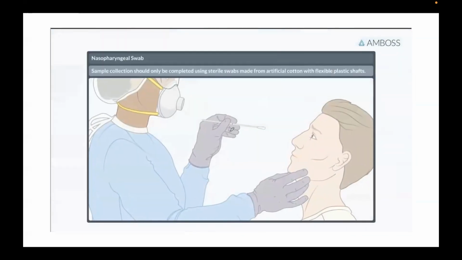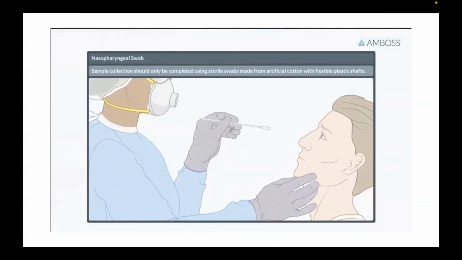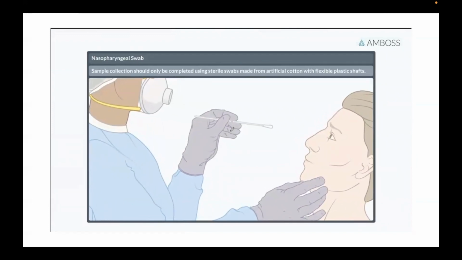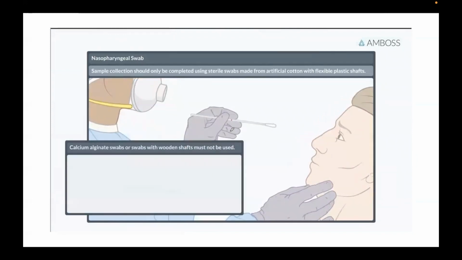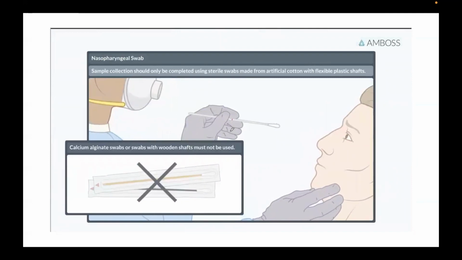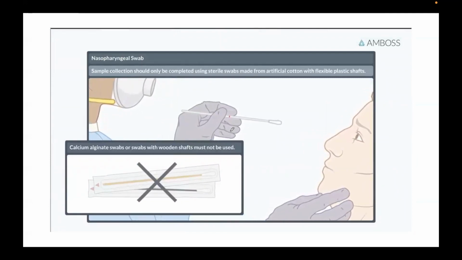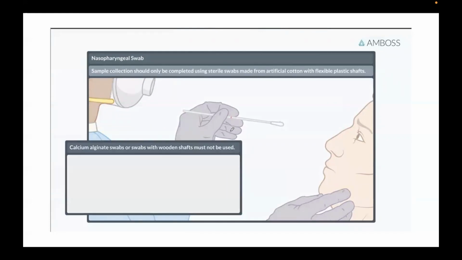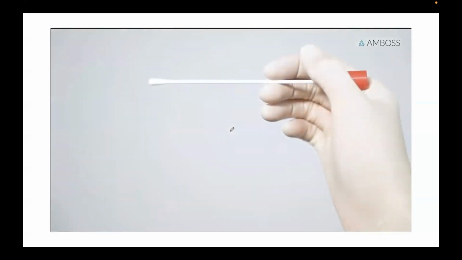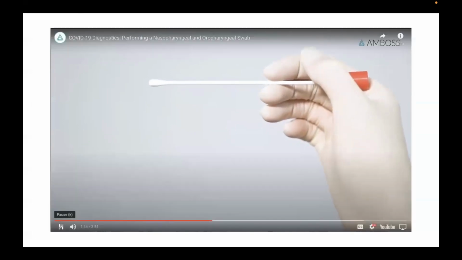Sample collection should only be completed using sterile swabs made from artificial cotton with flexible plastic shafts. Calcium alginate swabs or swabs with wooden shafts must not be used. These materials can inactivate viral particles or inhibit PCR tests. Furthermore, wooden shafts are more likely to cause patient injury. Hold the swab like a pen between the thumb, index,